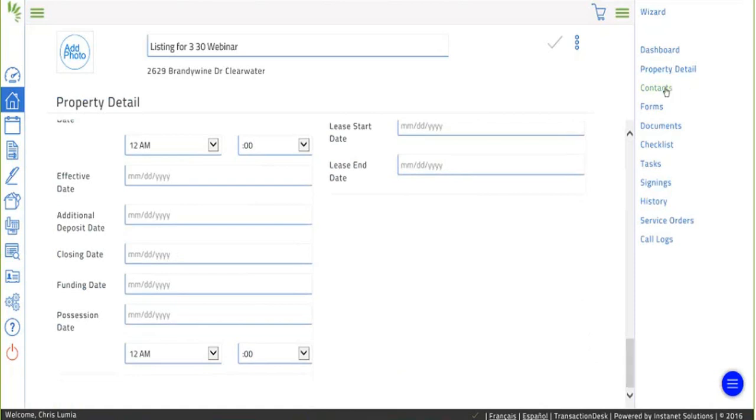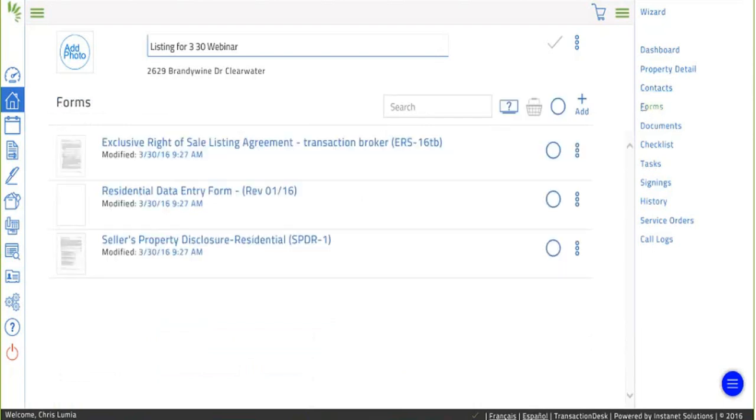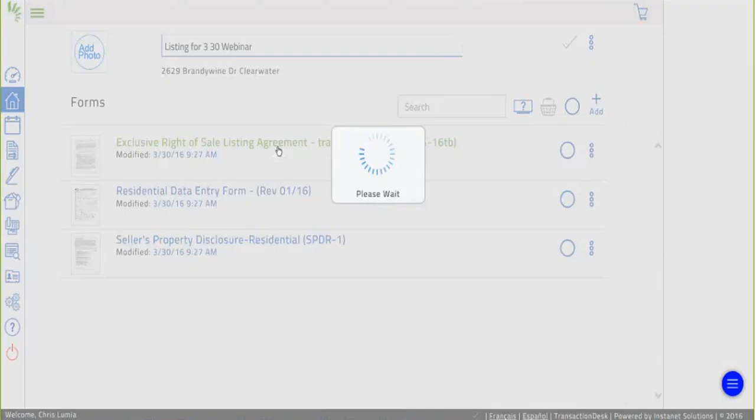Look at the contacts for this transaction. Add contacts in after the fact. After I go through the wizard to create this, I can now go in and add more contacts. Forms. So here are all of my transaction forms, and once again, I can add new forms. Well, here's the fun part. I go into any of these forms,